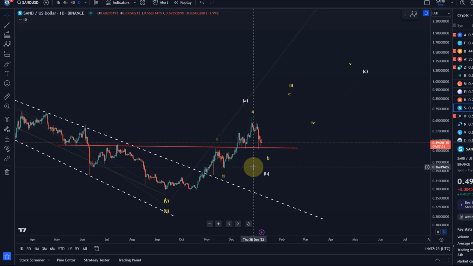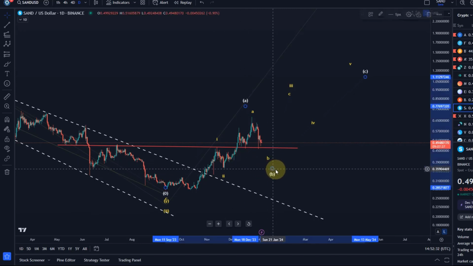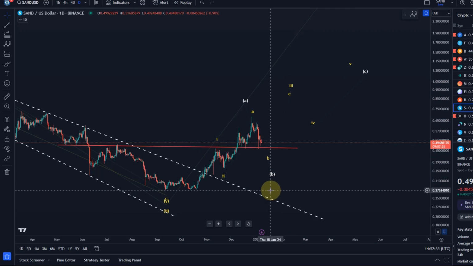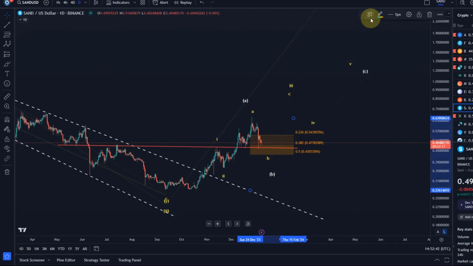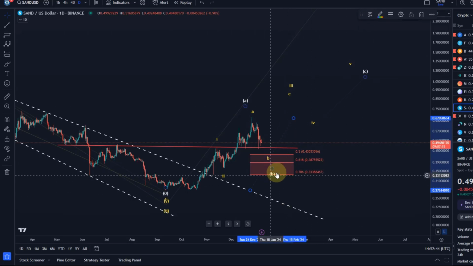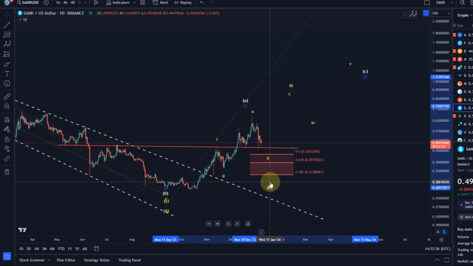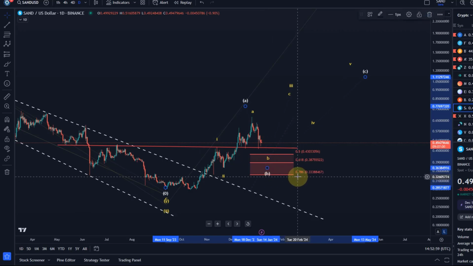So the clear invalidation point, just to repeat, is 36.5 cents. Below that, the B wave is underway, and the B wave must not break below 27.6 cents. And there are some Fibonacci levels which will be relevant also for the white count, and these are down here, 33.3 cents. To be honest, even if we get the invalidation for the yellow count, there's literally the 33.3 cent level just underneath. If the B wave breaks below that, that would have bearish implications.